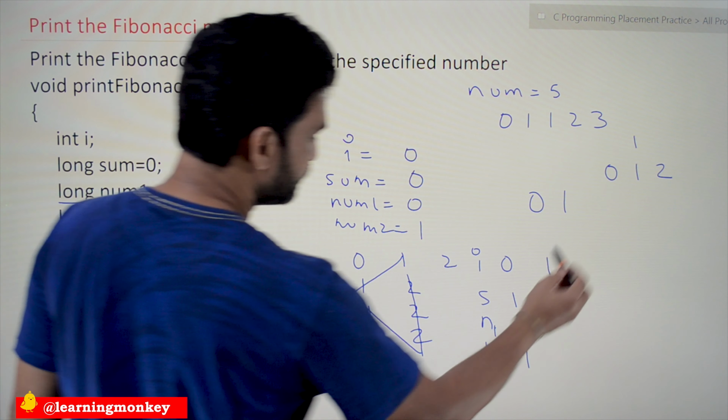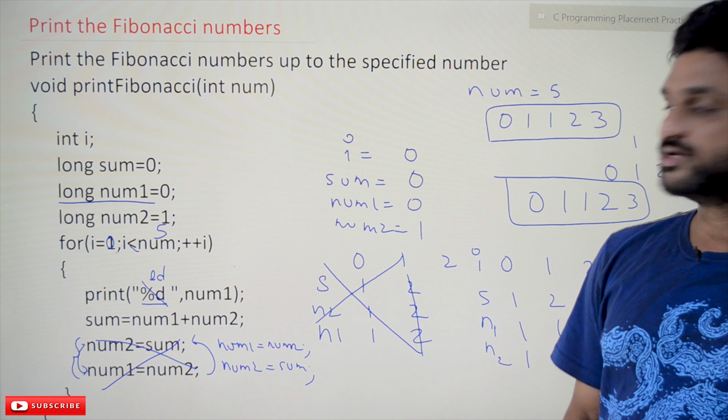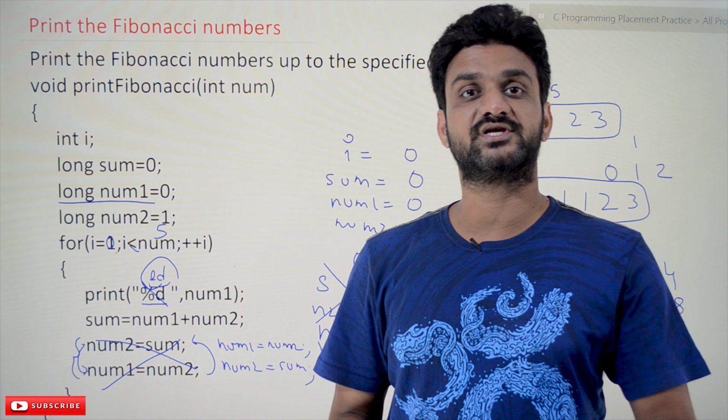So what are the mistakes that we have identified and changed? The first one is the starting value, which has to be either 0, or the condition has to be less than or equal to num. So we have made the changes. %ld means long int, which is the format specifier. And the third change that we have made is swapping these two lines. With that, the logic will come out the right way. So this is all about printing the Fibonacci numbers. Hope you got clarity on this concept.